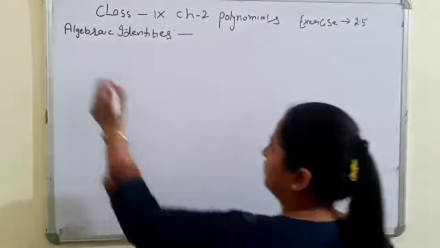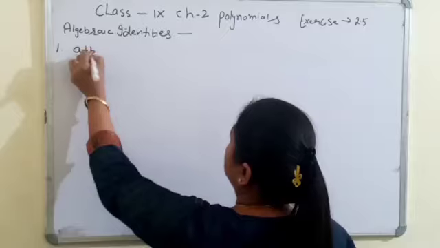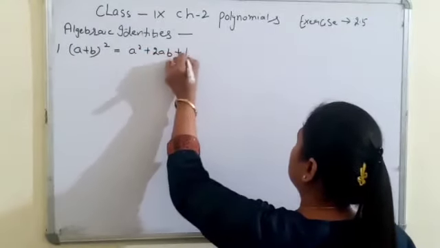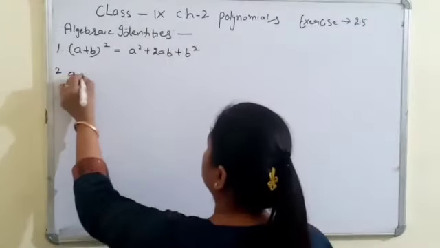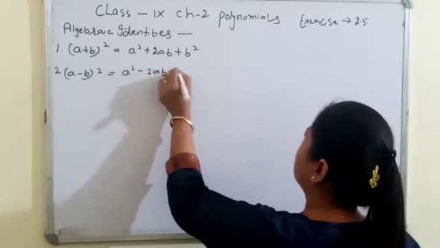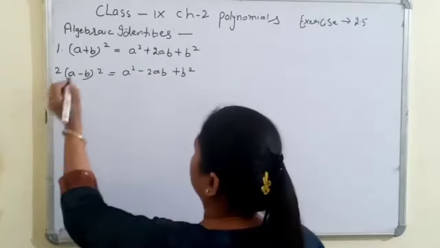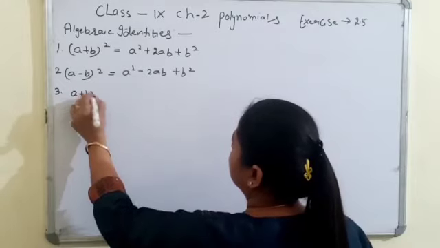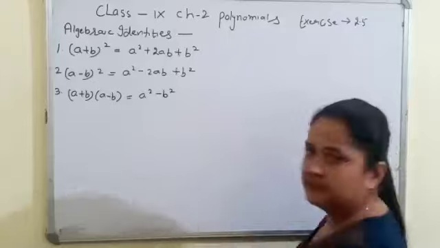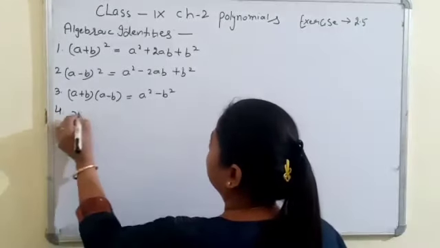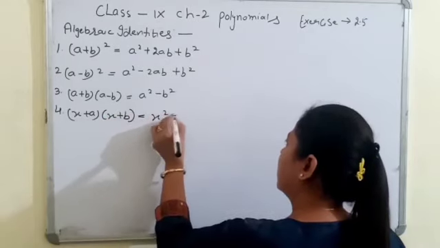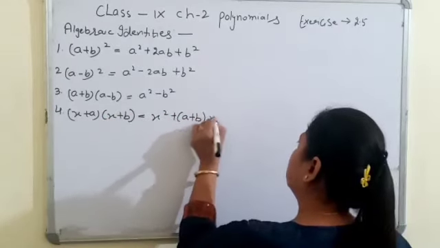The first identity is (a plus b) whole square is equal to a square plus 2ab plus b square. Second, (a minus b) whole square is equal to a square minus 2ab plus b square. Third is (a plus b)(a minus b), which is a square minus b square. Next one is (x plus a)(x plus b) is equal to x square plus (a plus b) into x